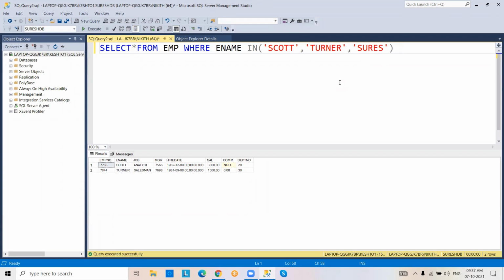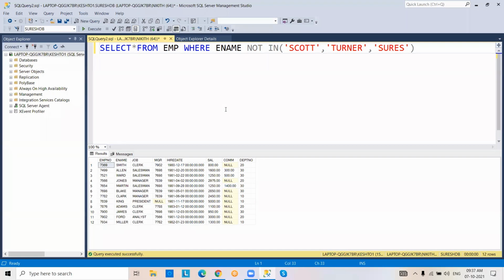Now coming to the next scenario, the NOT IN operator. Not in means except those, the remaining names are returned. Here in the IN operator, we are working with multiple values in the condition.